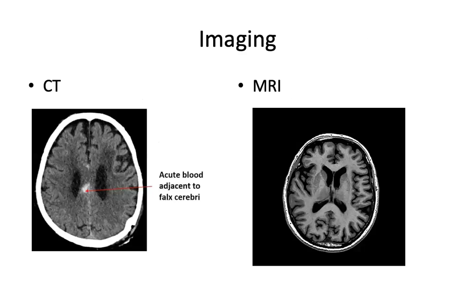And I'm going to jump ahead and just show you. This is an example of a CT on the left side of the screen. CT scans involve taking multiple X-rays and then compiling them into one image in order to show slices of the body. So you can see here, this is a slice that has been